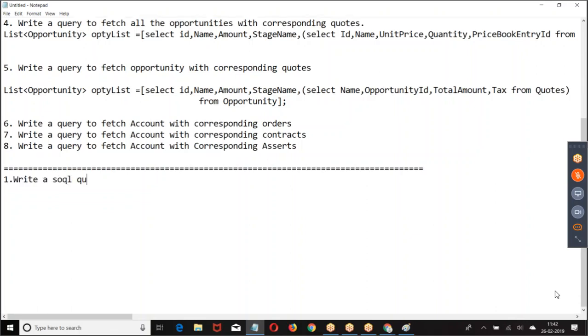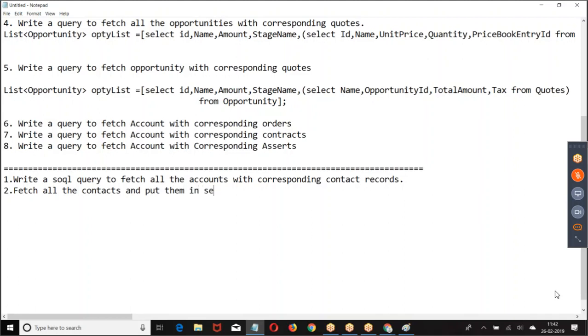Try to understand. Write a SOQL query to fetch all the accounts with the corresponding contact records. Fetch all the contacts, phone number. Put them in a separate list.